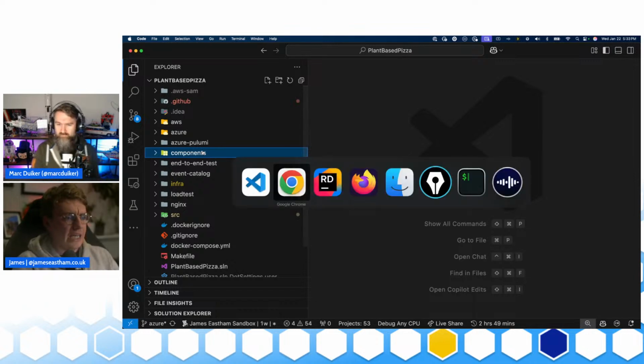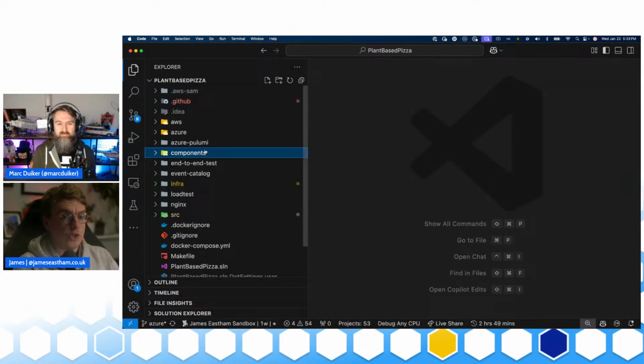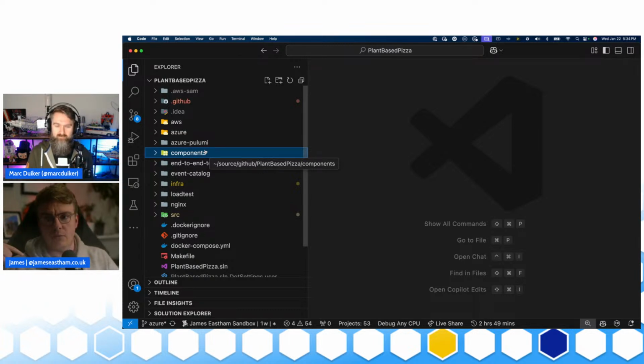So when I started looking at Azure Container Apps, that was a really nice way of doing it. If you're not familiar with Azure Container Apps, it's an abstraction on top of Kubernetes. So it is Kubernetes under the hood. And you can just define a container. You can say, I want to run this container with this much CPU, this much memory. I want a public ingress. I want internal ingress. And it just works. You just get a running application. You don't have to worry about anything else.